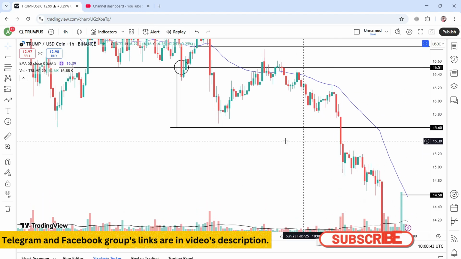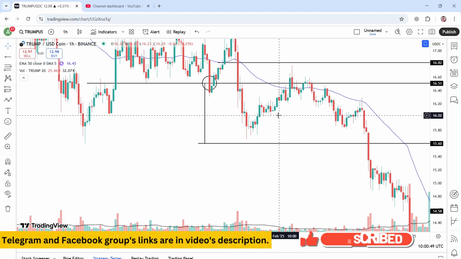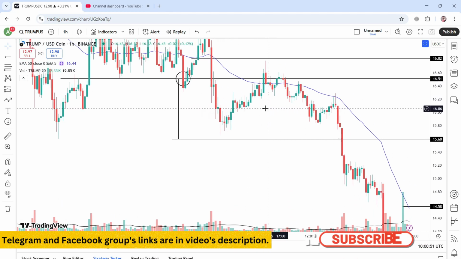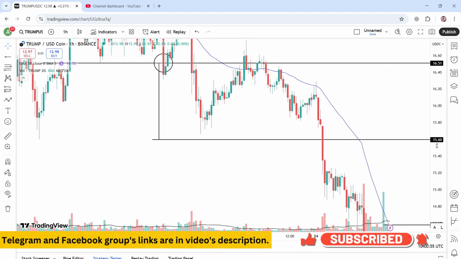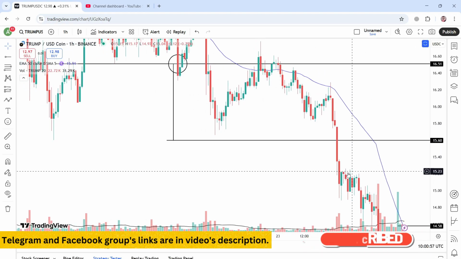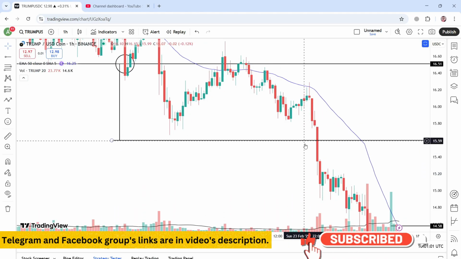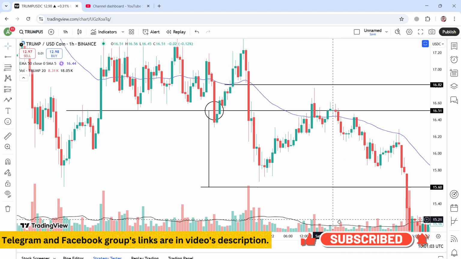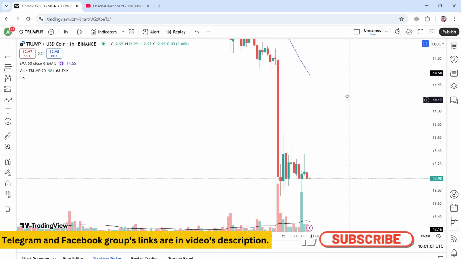So if you look at it, this candle gave the closing below this mentioned level, that was 16.51. After that the prices came to the exact level that I mentioned in my last video, that was 15.60. So if you look at this big red candle, this candle has already achieved this final target of this double top formation. So currently prices are moving at